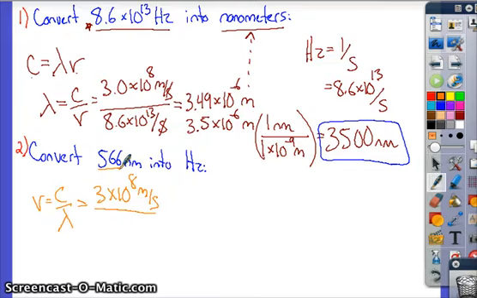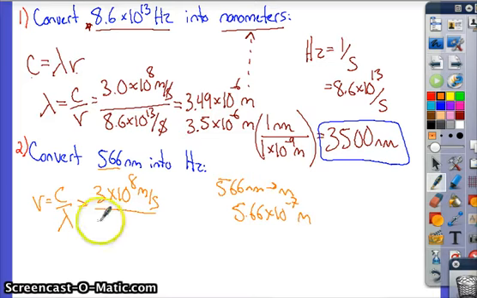Divide that by our wavelength. Well, the speed of light has a value in meters, so we need to represent our wavelength in meters. So again, we're going to convert the 566 nanometers to meters, and you're going to find that to be equal to 5.66 times 10 to the negative 7 meters. That number will go in our denominator. And we'll get our frequency. Meters will cancel. We're left with a value over a second. And we'll get the frequency, which is going to be equal to 5.30 times 10 to the 14th cycles per second, or